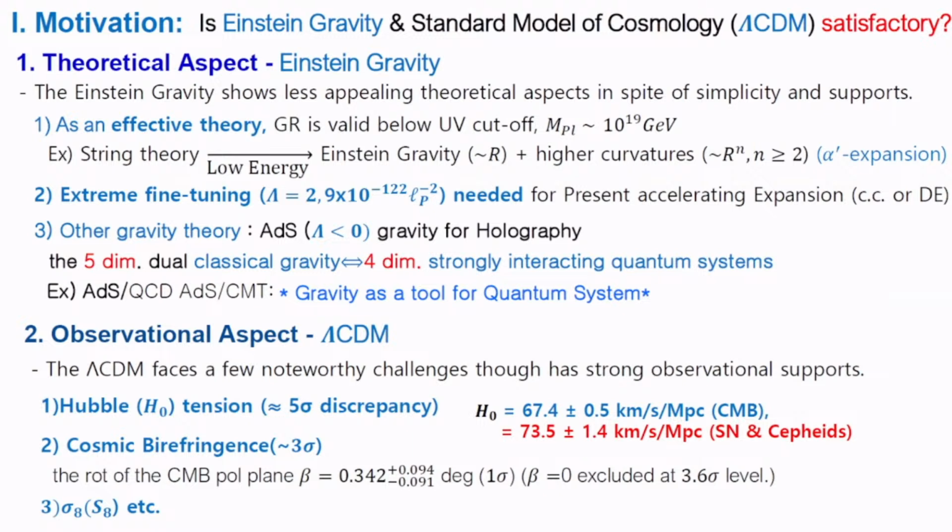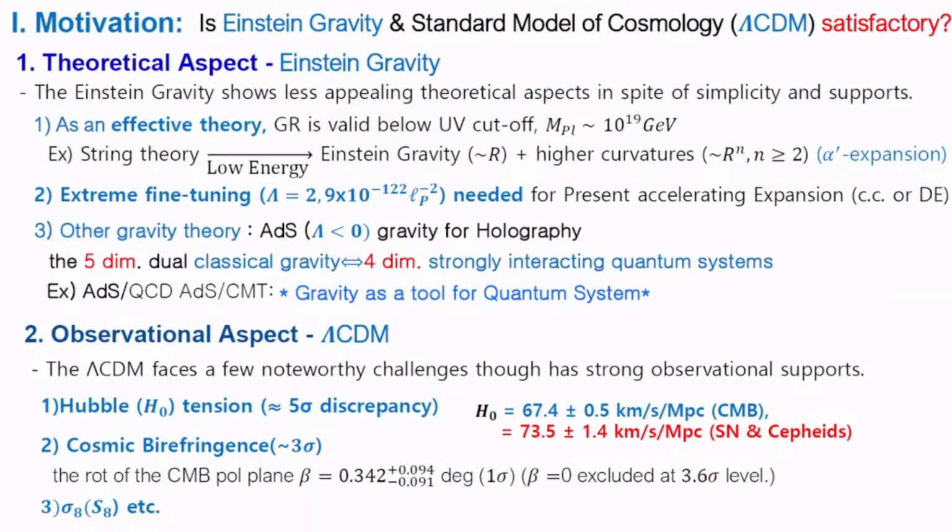So the theoretical aspect is about the Einstein gravity, whether it is really satisfactory from the theory point of view. As everybody knows, that's the effective field theory. All field theory should be understood as effective field theory. For example, every theory has some upper limit beyond which the theory will not apply. So there's always